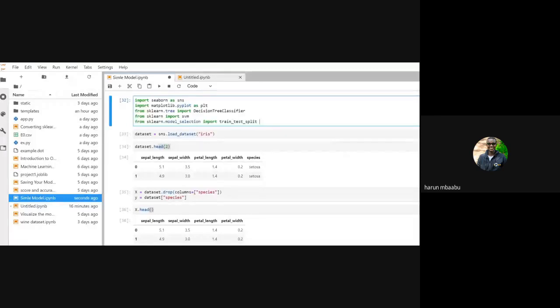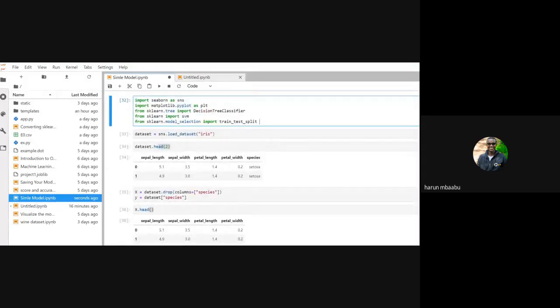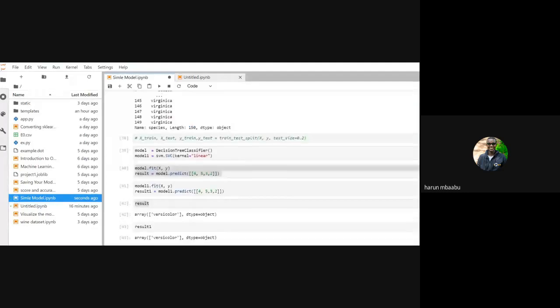How to import it, you do from sklearn.model_selection import train_test_split. That is how you import the package. Then you use that one to split your data set into 2 categories: test and train data sets.